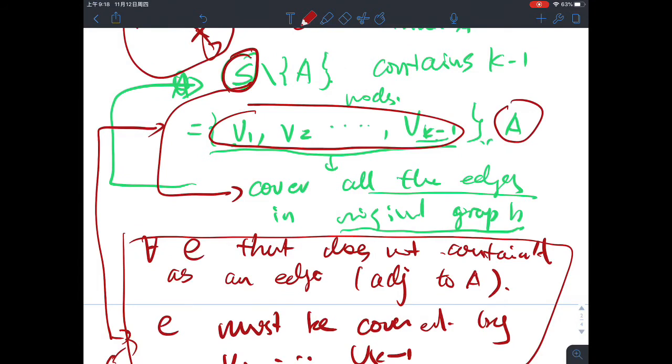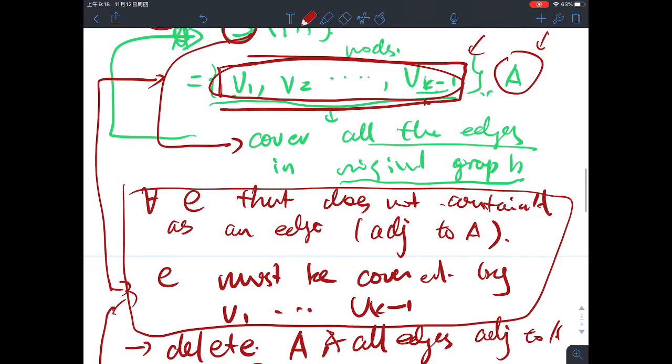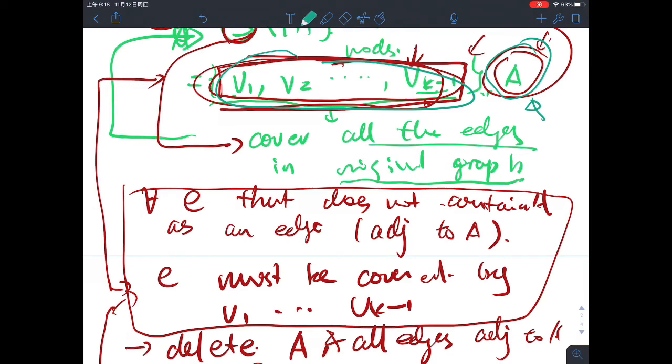So what's the definition of S? It really just consists of two components, right? Anything that's not A, and A itself. So all these nodes, if we assume that they cover all the edges, then for any of the edges that are not covered by A, it must be covered by the other component, right? Let me just repeat, because all the edges are either covered by nodes here or nodes here. If an edge is not covered by the node A, then it must be covered by a node from V1